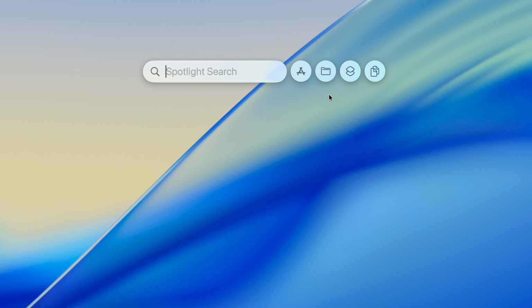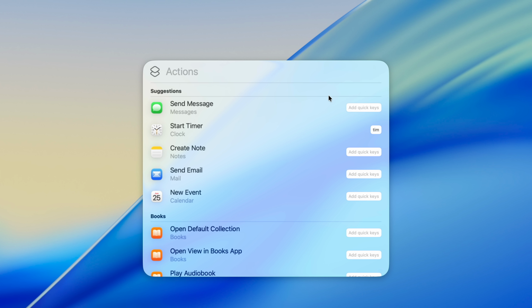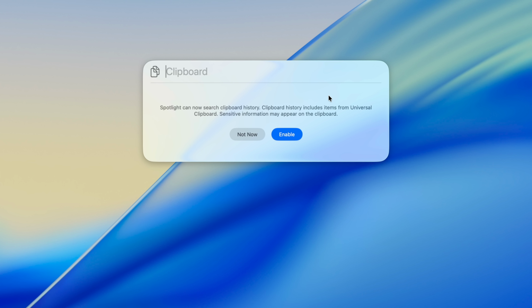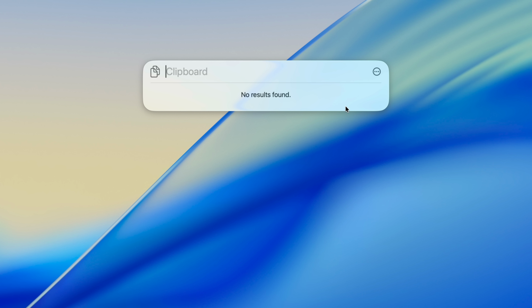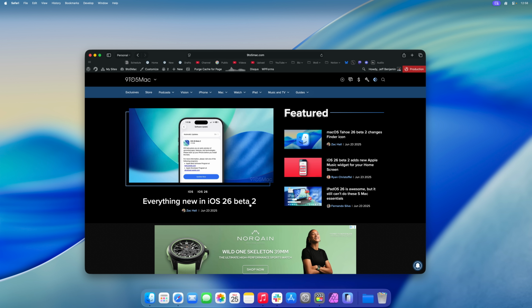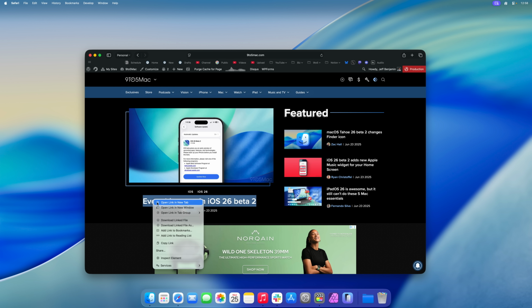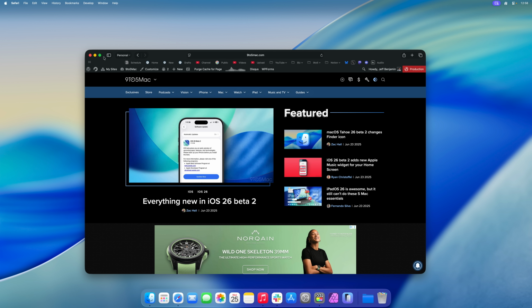And speaking of which, you now have the clipboard manager baked right into the Spotlight search. I'm going to go ahead and enable clipboard. This includes clipboard history from Universal Clipboard items as well. So if you copy something on your phone, then that should go ahead and be available within the clipboard manager on macOS. So here, I'm just going to copy this text here from 9to5Mac, Command C, or you can right click, of course, but here Command C,